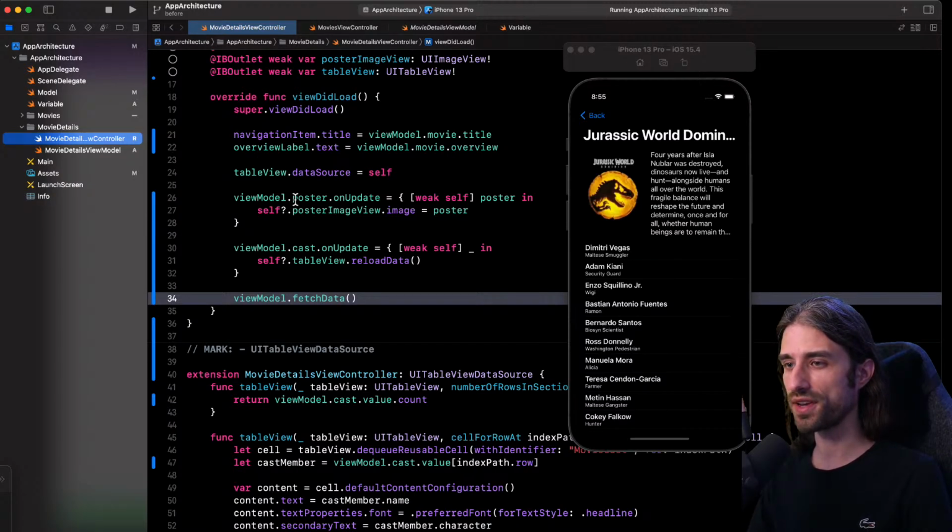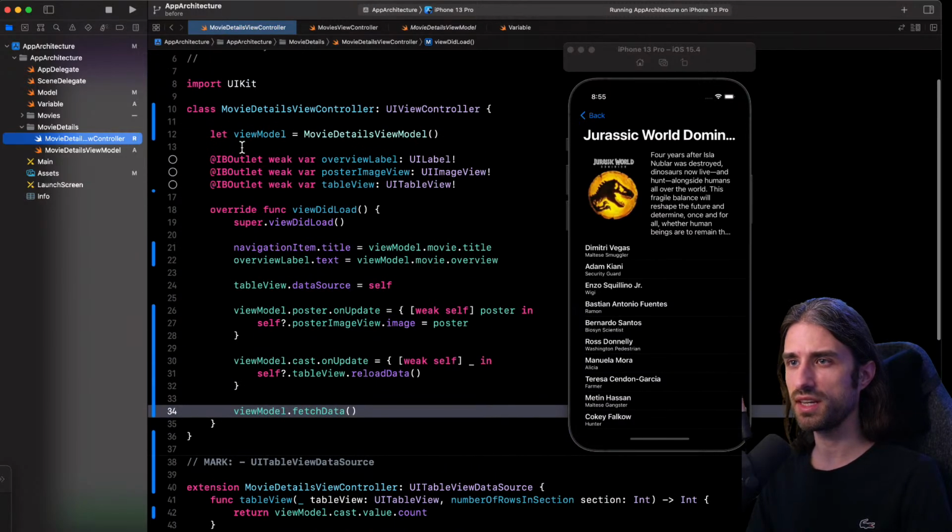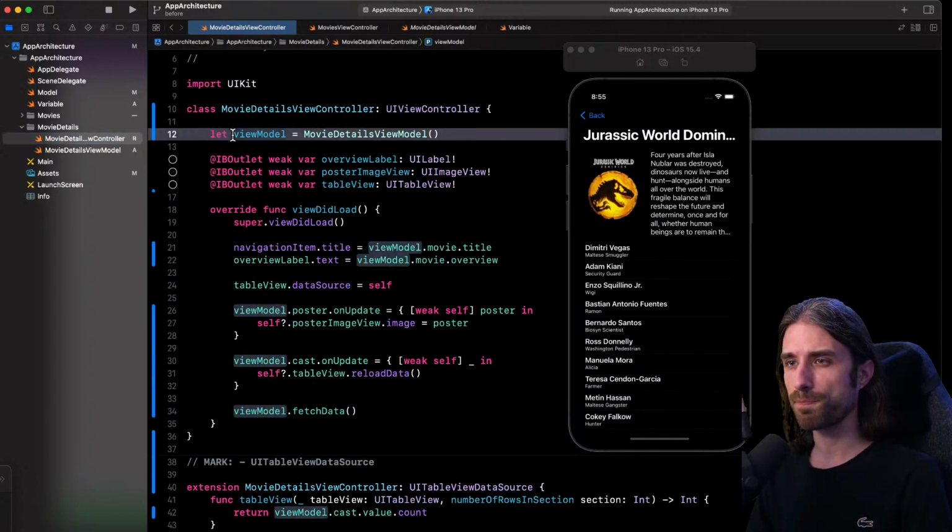And so we have successfully introduced the concept of view models inside our app. So we are getting closer to having a scalable architecture. We are not there yet because the view controller still needs to know how to build the view model. It needs to know how to use it.